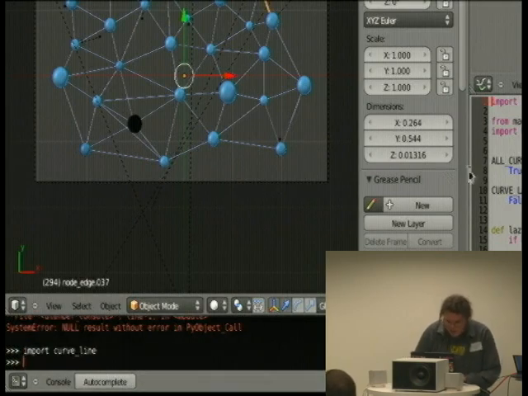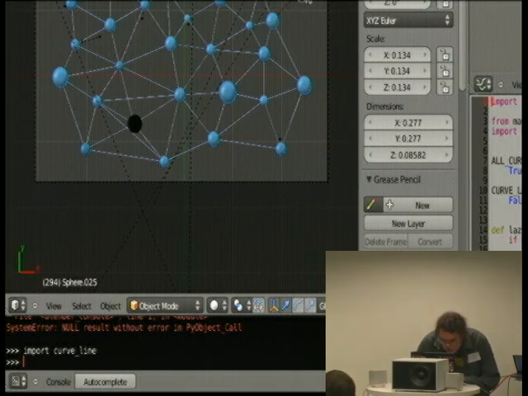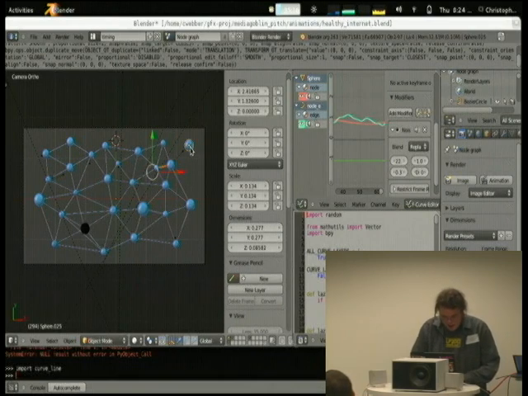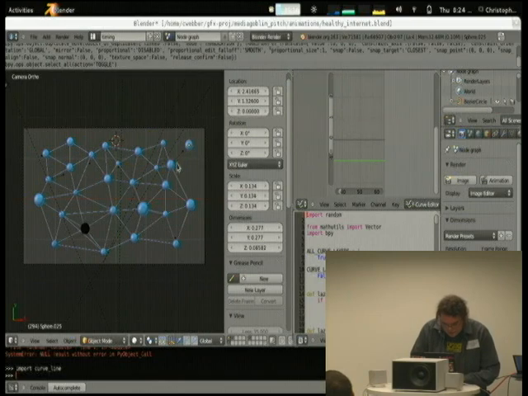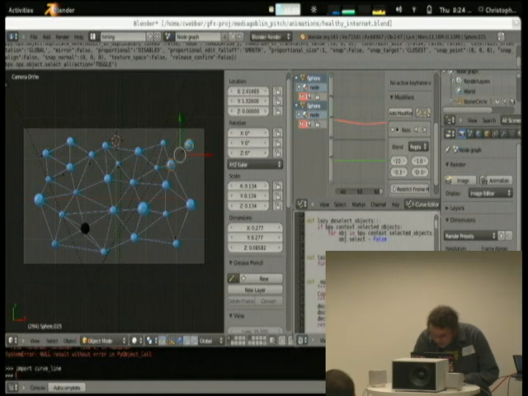So the script that I made is, instead of having to duplicate this thing and move the things around, because Blender gets really slow when you have a lot of objects in the scene. I don't know why that is. They are going to be working on a better scene graph in the next version, so that should make that easier. Not that you care, but there we go. Select the right things. Select it, goddammit. So the script was curve line dot